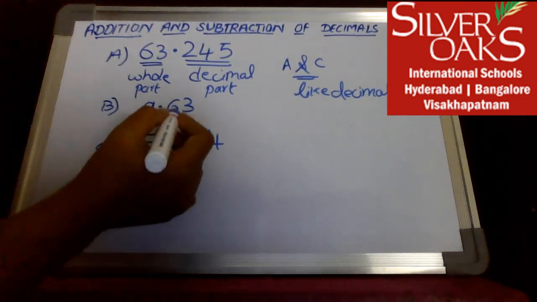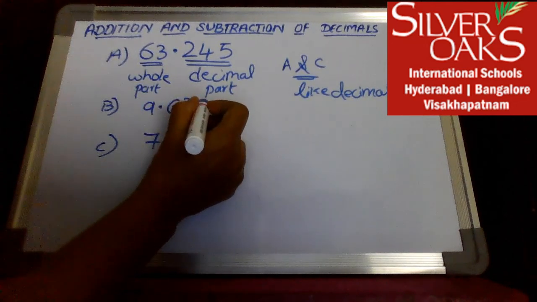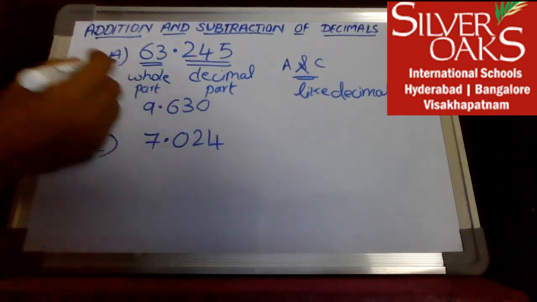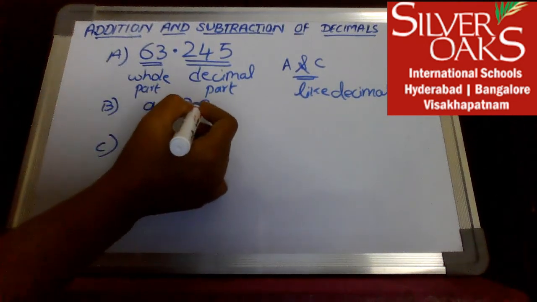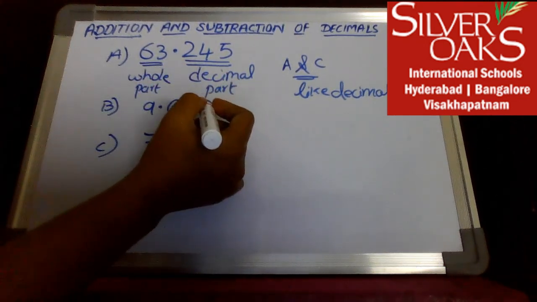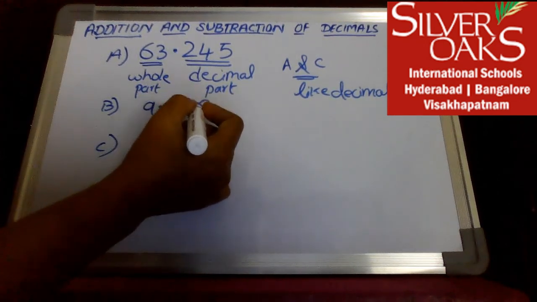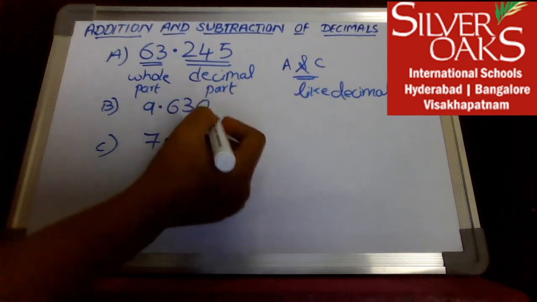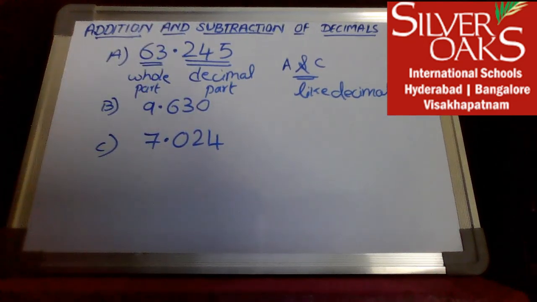Now you can also convert an unlike decimal to a like decimal. Now if I add a 0 after 3, you have 3 digits after the decimal point here. So now I can say that A, B and C are like decimals. If I add a 0 at the end after the last digit, it will not add any value to the number. So you can add as many zeros as you want to convert it into a like decimal. So this is all about like decimals, unlike decimals and parts of a decimal number.